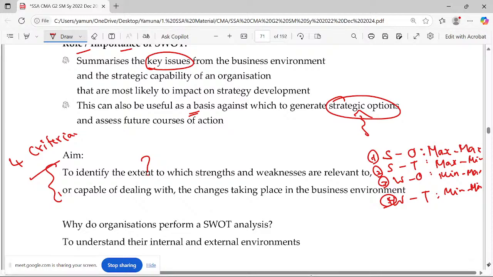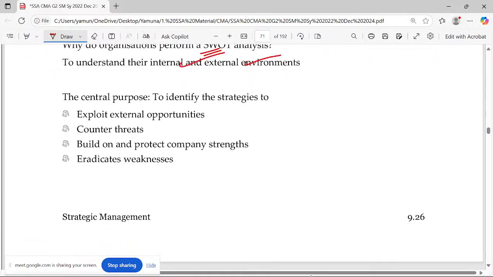But equally, PESTLE analysis can be done. If you ask me in which case we can do PESTLE analysis, if you're not going to do SWOT analysis, it means I'm totally new to the business, and how would I know my core strength is this one, or I'm weaker in this one? I may not know. So in that sense I may go for PESTLE, but every company will go for SWOT analysis. So how do they perform? We just try to understand what are the internal and external factors. Actually, this is a very easy topic.